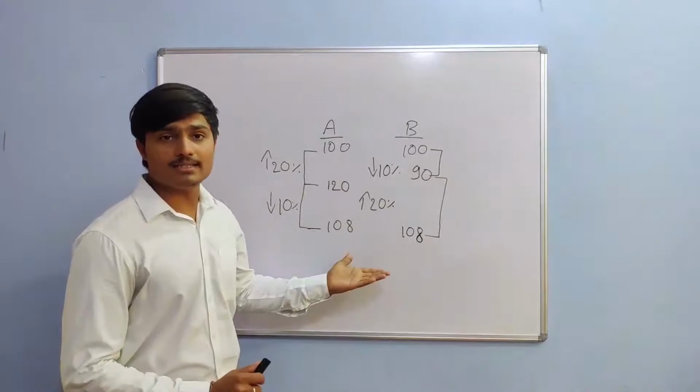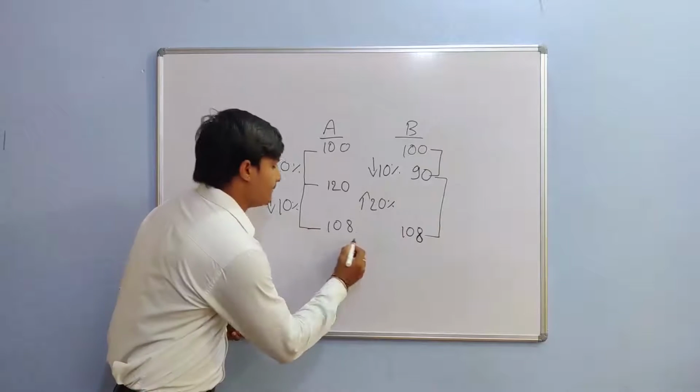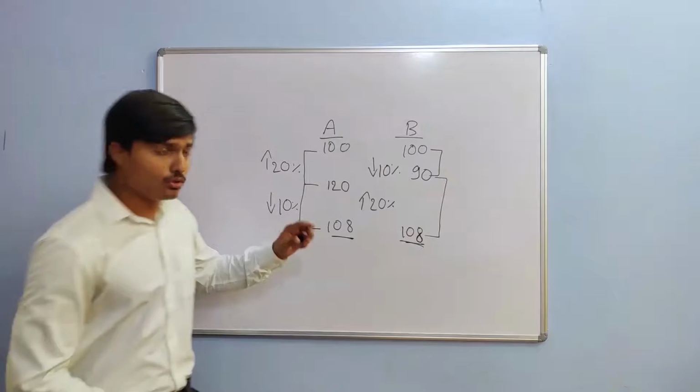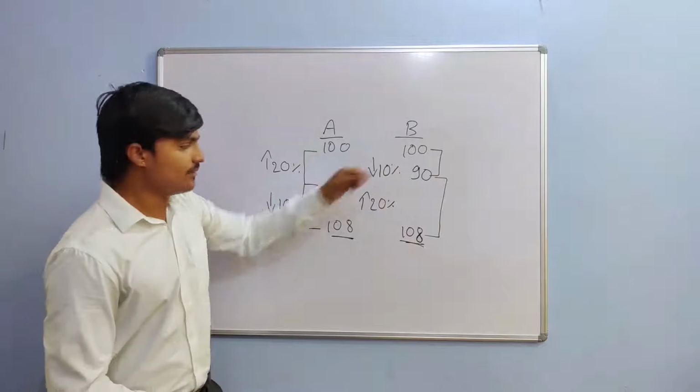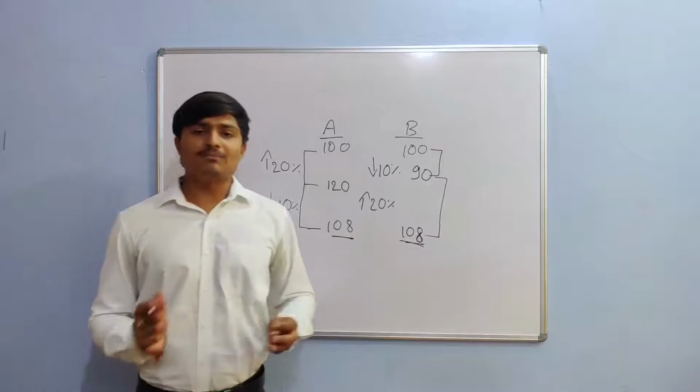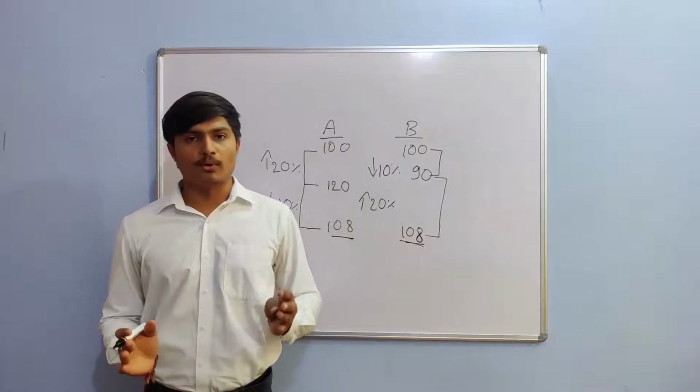By this we can clearly say that at the end of 2 years both the values are the same, even though we interchange their values, we are getting the same values. From this we can conclude that order has no importance.